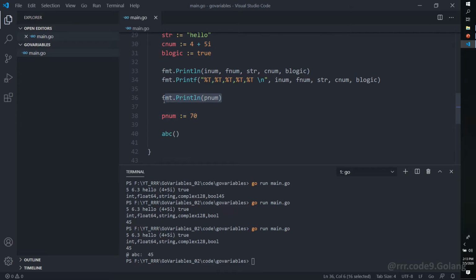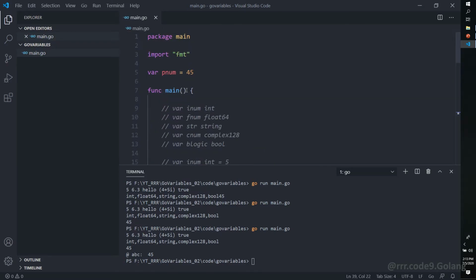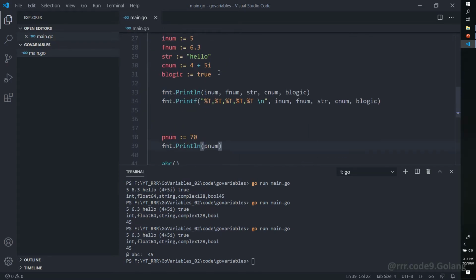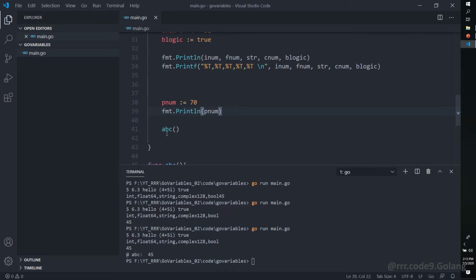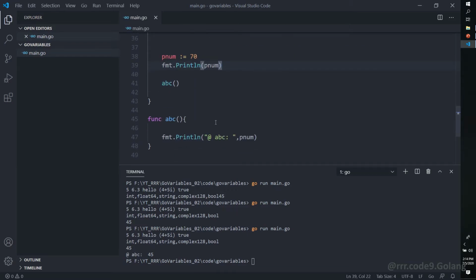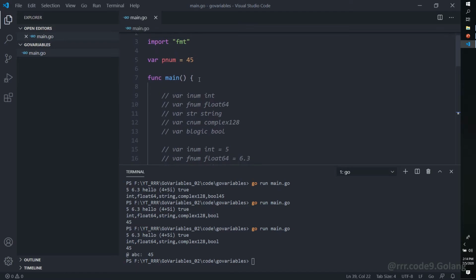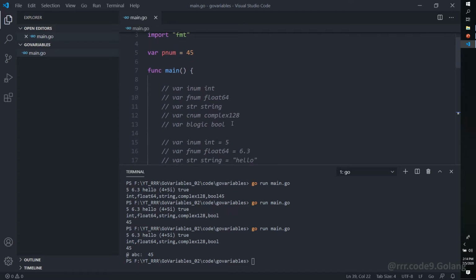So when we print this, it will print 70 and it will not print 45. But this abc function that is accessing the package variable, it will print 45.